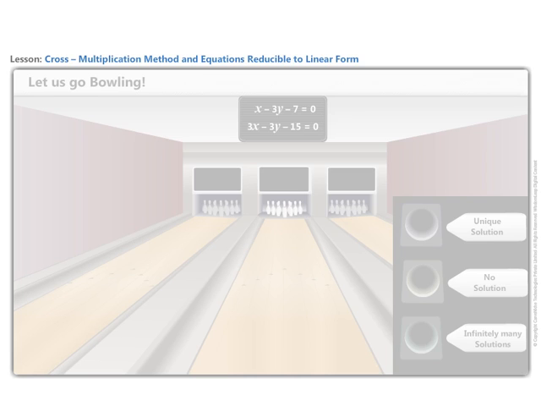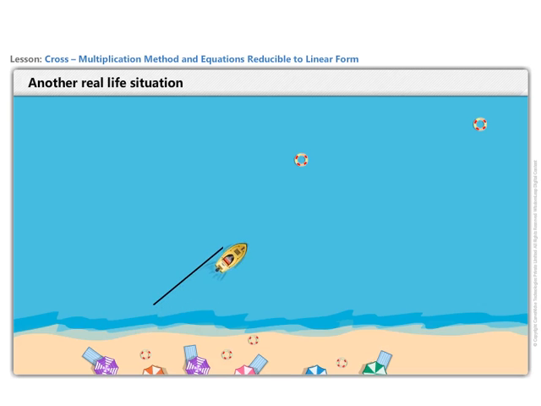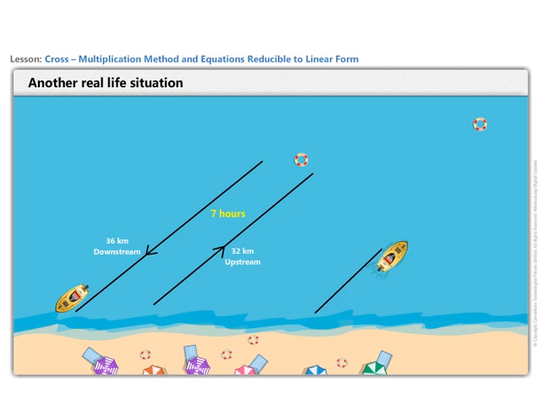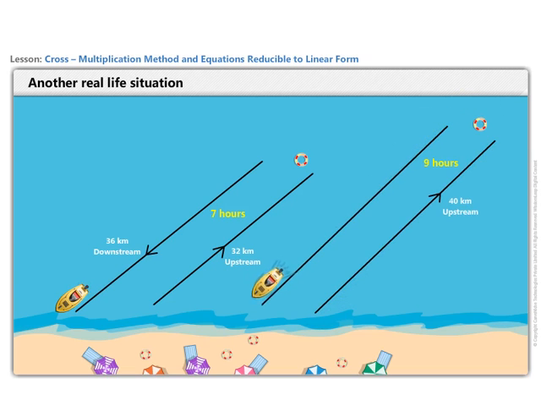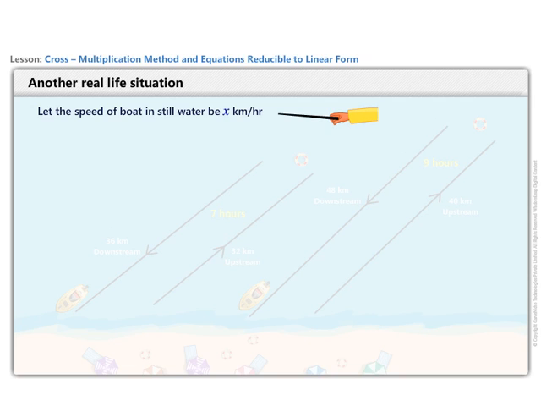As the total time for up and down the stream is 9 hours, 40 by x minus y plus 48 by x plus y is equal to 9. Consider this as equation 2. Here, the equations 1 and 2 are not in the general form of linear equations. They have to be reduced to linear equations. Putting 1 by x minus y is equal to u and 1 by x plus y is equal to v